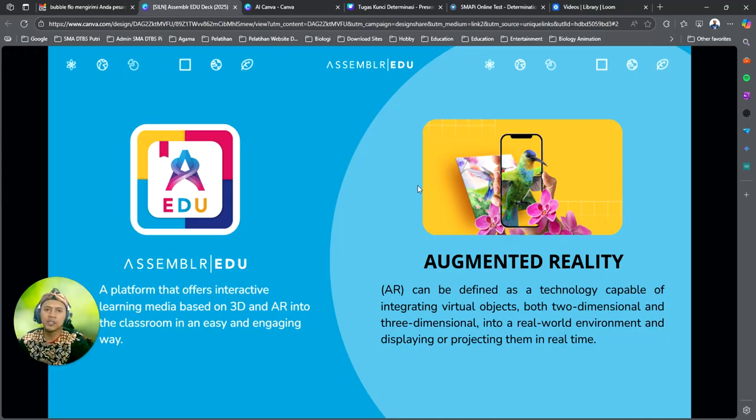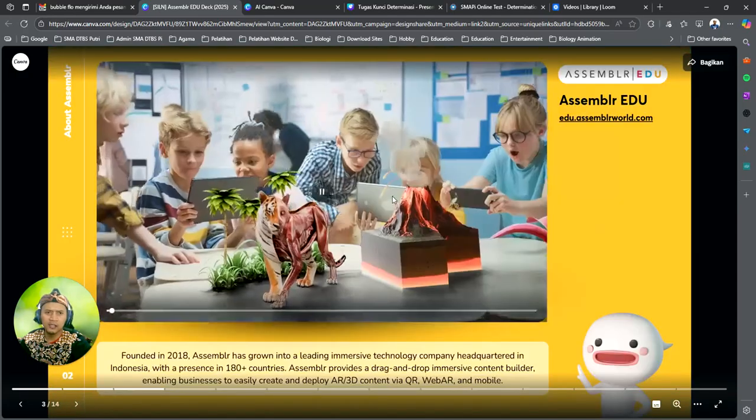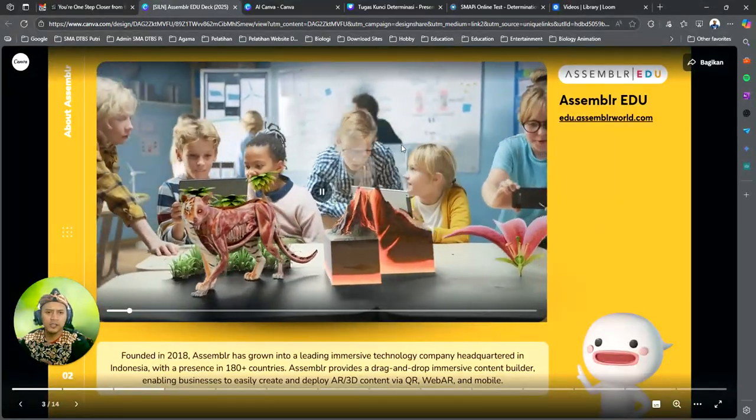Imagine teaching about ecosystems and letting students place a 3D rainforest in their classroom. They can explore plants, animals, and interactions right in front of their eyes. This makes learning visual, interactive, and memorable. Okay, let's do more in the next slide. You can see the video in here.